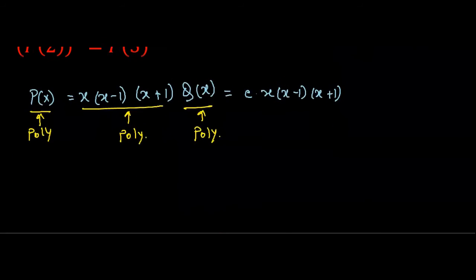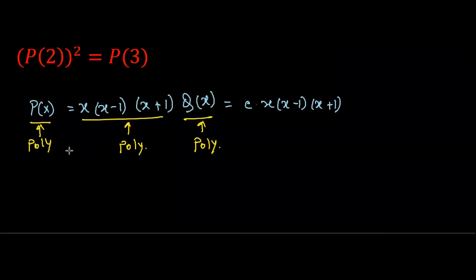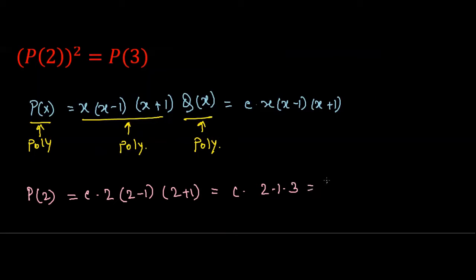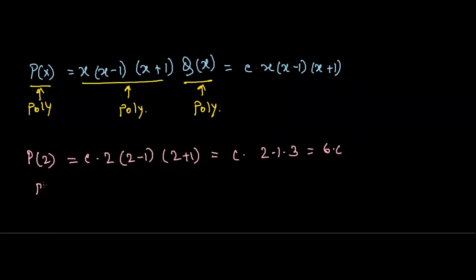Combining these two, we get p of 2 as c times 2 times 2 minus 1 times 2 plus 1, that is c times 2 times 1 times 3, that is 6 times c. And p of 3 becomes c times 3 minus 1 times 3 plus 1, that is c times 3 times 2 times 4, that is